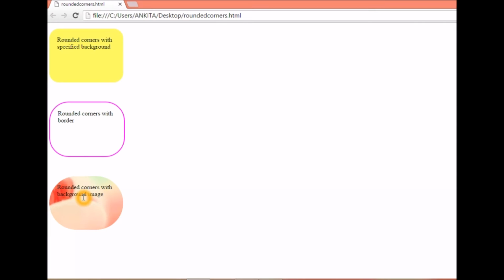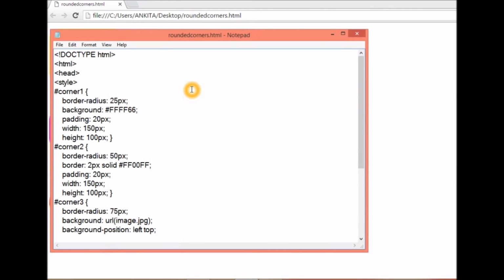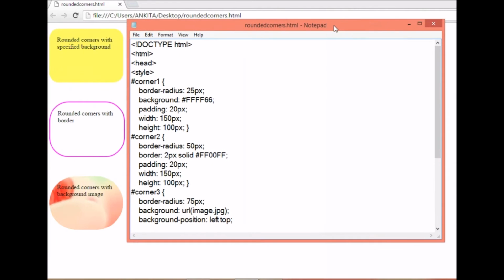And the other way is that your border radius property that we are using, like I'll show you here. Your border radius property, we have taken 25 pixels. As you can see, for this we have taken 25 pixels. In the next one we have taken 50 pixels, and in the next I have taken 75 pixels. Here you can see the border radius. Well, the more we extend this pixel size, you get more circular image or rounded corners with your particular elements. The more you increase this border radius, the more you get these rounded corners.